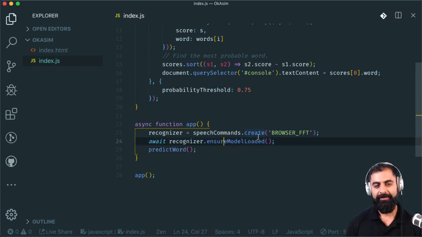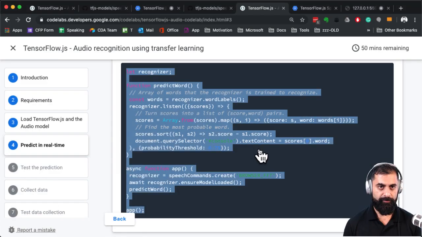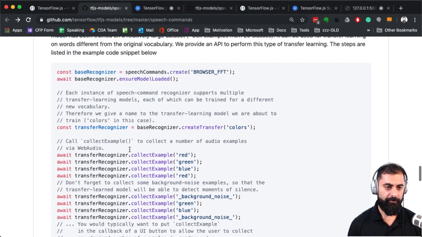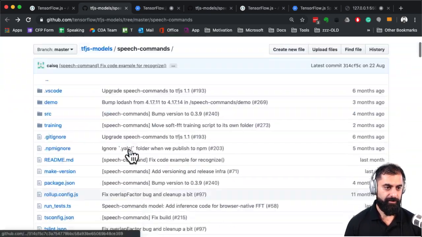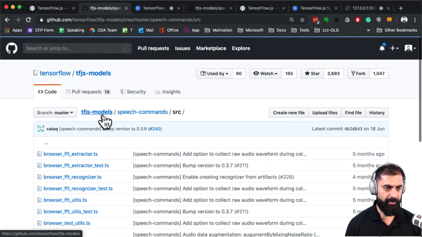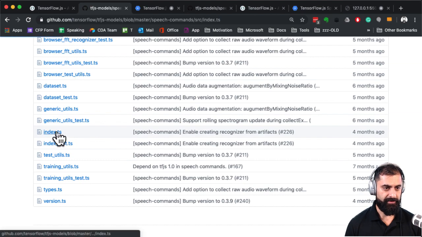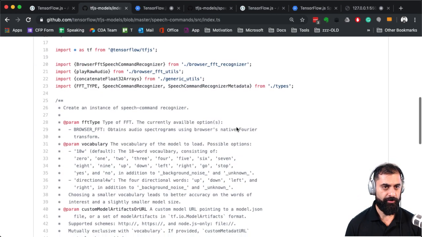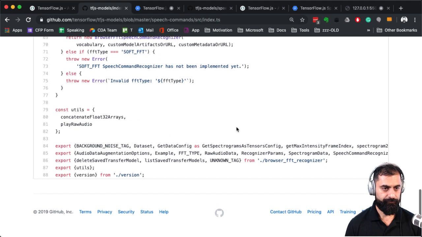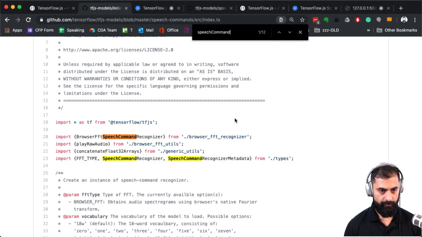I'm just going to be super cheeky and see if I can figure out what this is doing. There's something called speech commands. I don't know if I'm going to be able to grok this straight away, but I imagine index would be a good starting point.